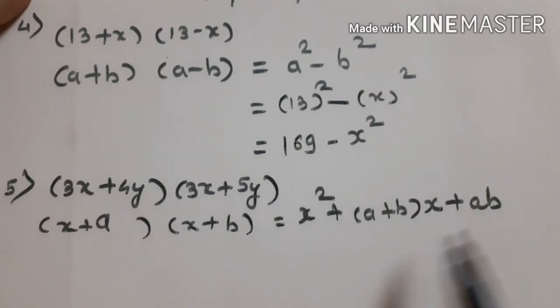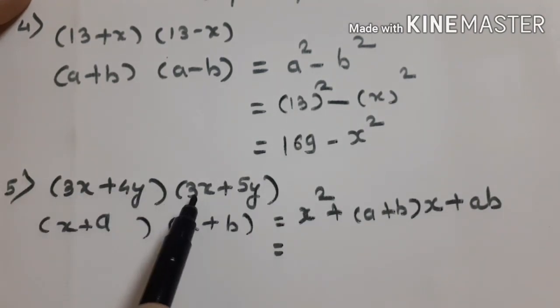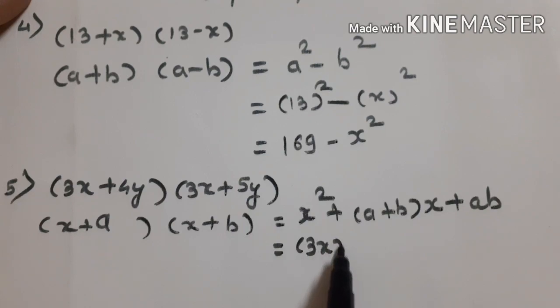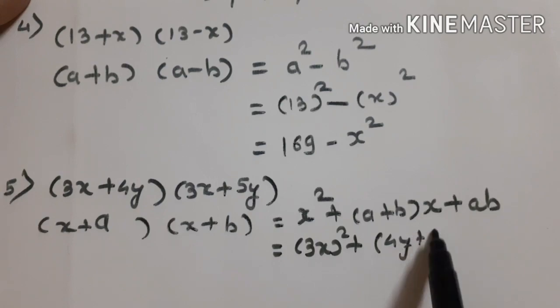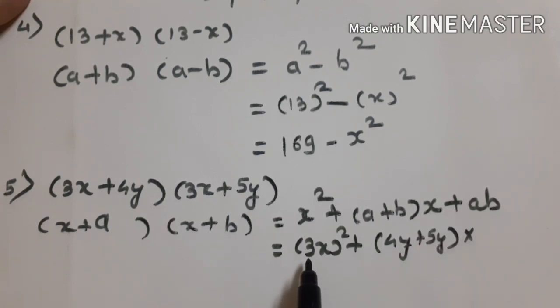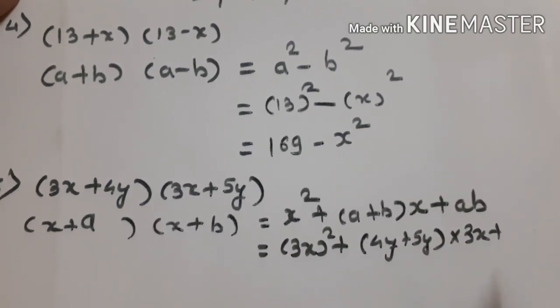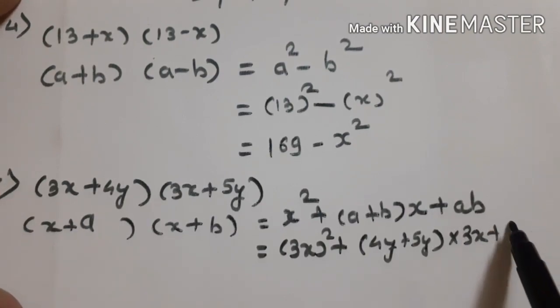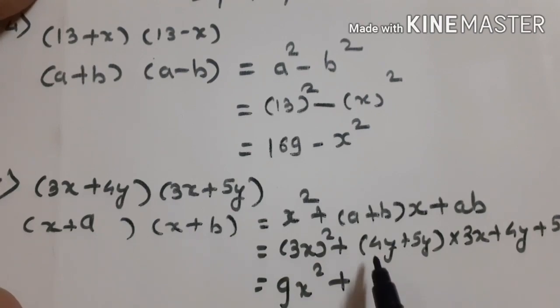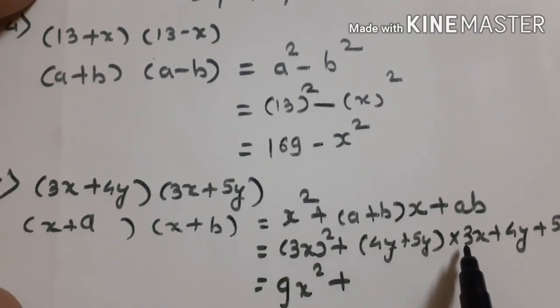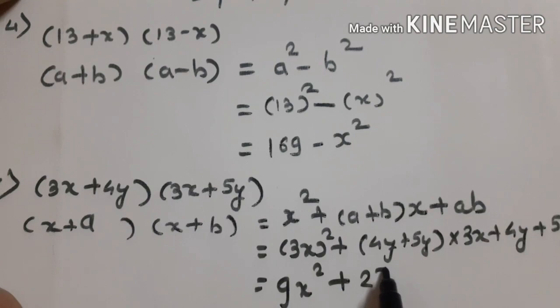plus product of second term. Now what is the first term? 3x, so 3x square, plus what is the second term? 4y plus 5y into first term, what is first term? 3x plus a into b. A is 4y and b is 5y. Now 3x square is 9x square plus 4 plus 5 is 9y, 9 into 3, 9 3s are 27xy